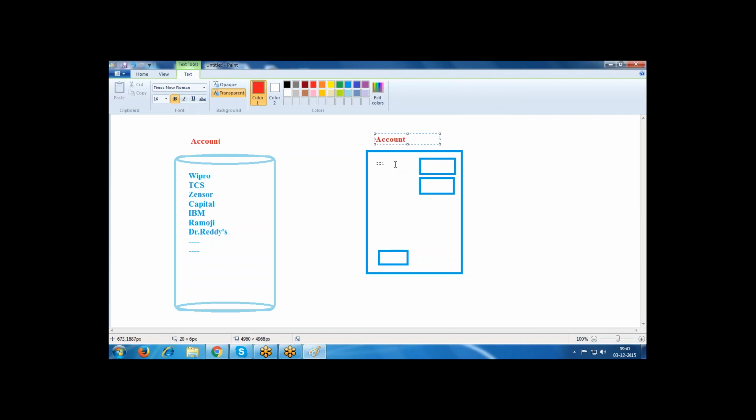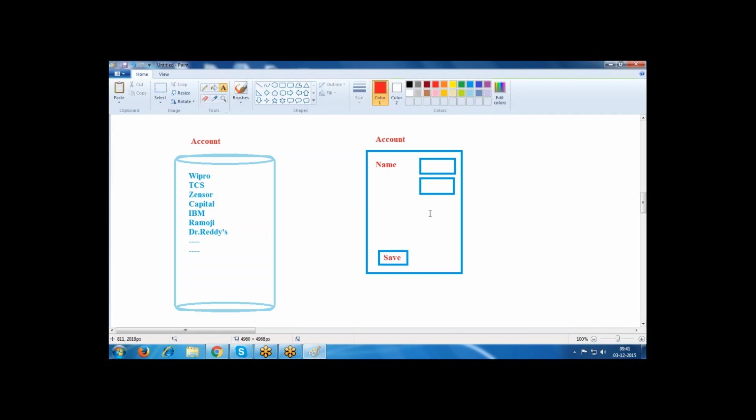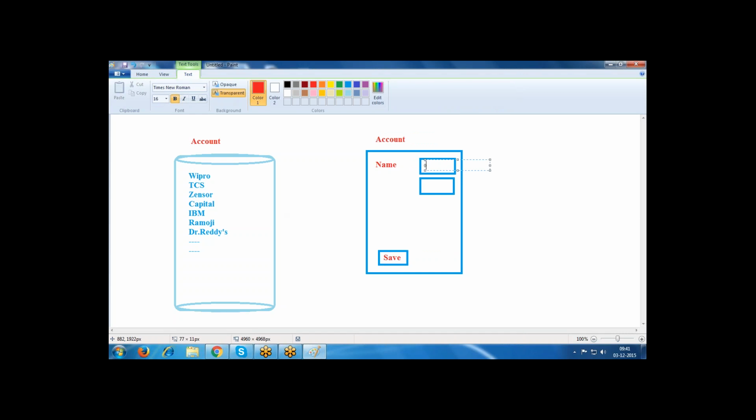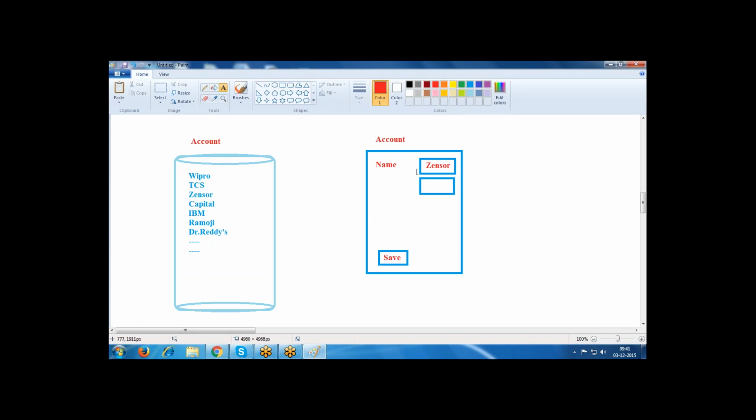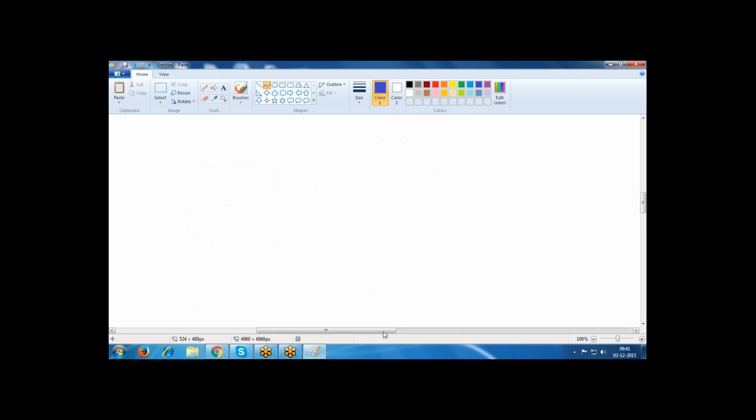In the account form, some name is there, and here some save is the button. Remaining I'm not inserting. Here again I'm taking Zensar. If the Zensar record is available, the same record whenever we are inserting,